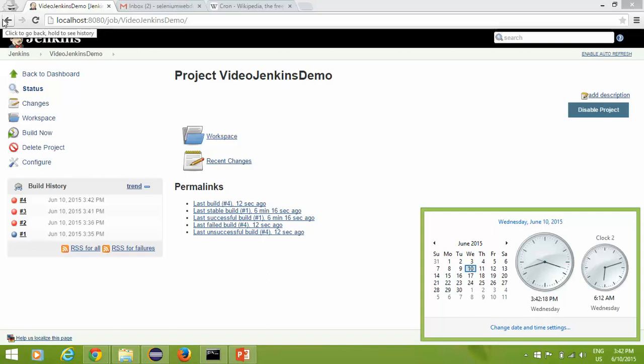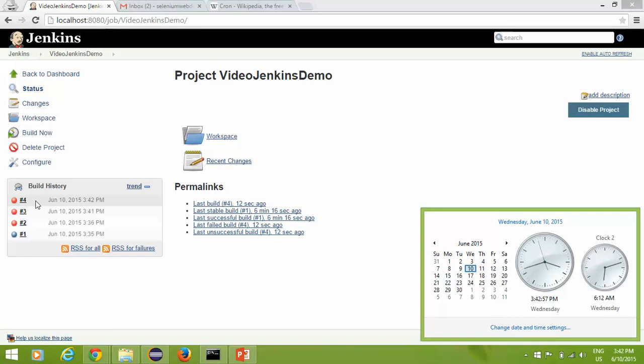So right now we have four builds that have been run. Now we'll wait for the fifth one because we scheduled at 3:43. And generally, for a good automation practice, you should run your test cases at least 20 times just to check whether your test cases are stable or not. I have seen a couple of times my script runs successfully one time, two times, but when I execute it multiple times, it fails at some particular point. To stabilize your script, you can execute your test case multiple times and you can check the pattern of where exactly it is failing.